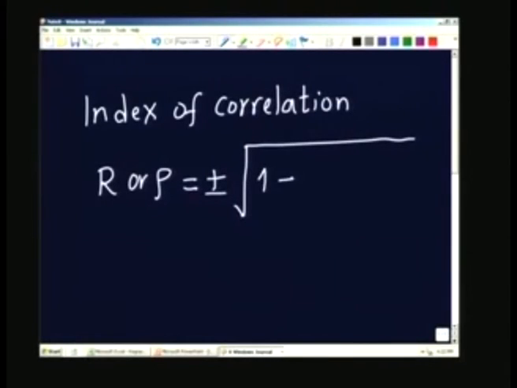Therefore, if I take 1 minus s squared by sigma y squared, put it under the bracket and the square, take the square root, this will have that property. That means, perfect correlation